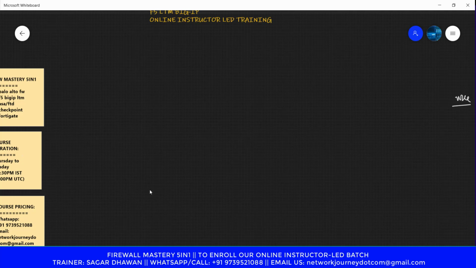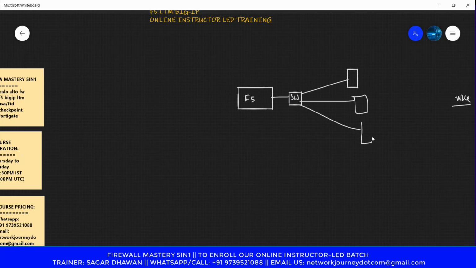All right, so let me draw an F5 and its web servers which are connected. Let's say this is F5 and I have a switch, and the switch is connected to different servers. So in real time, this is how they are connected.